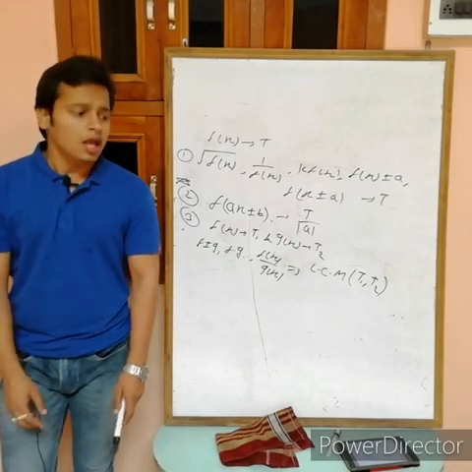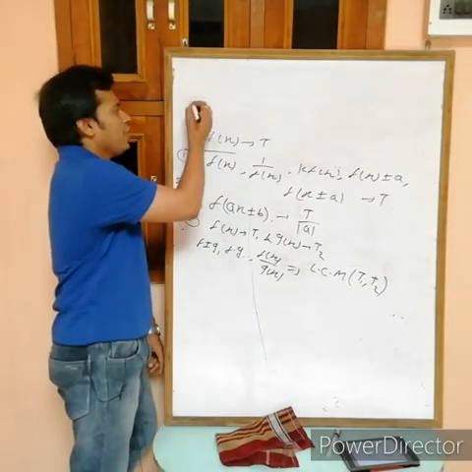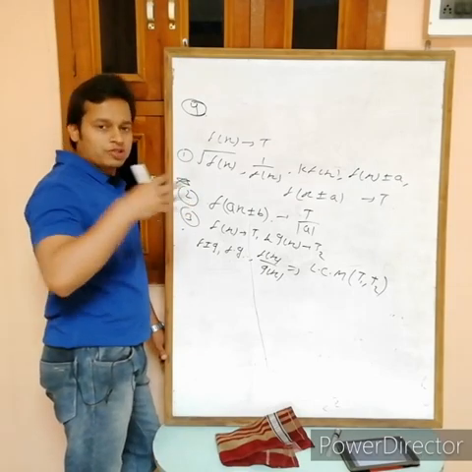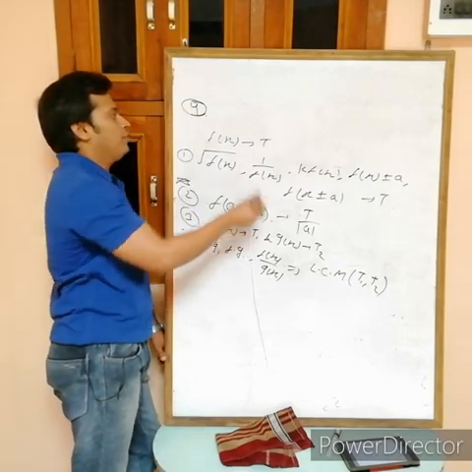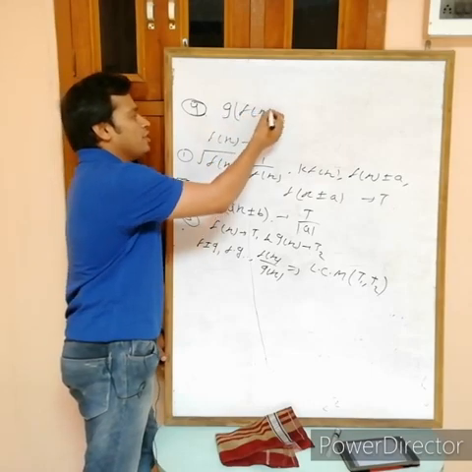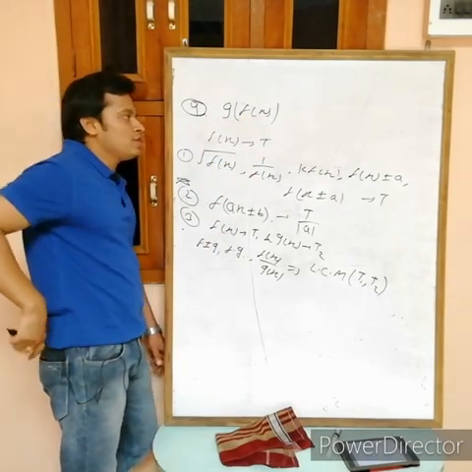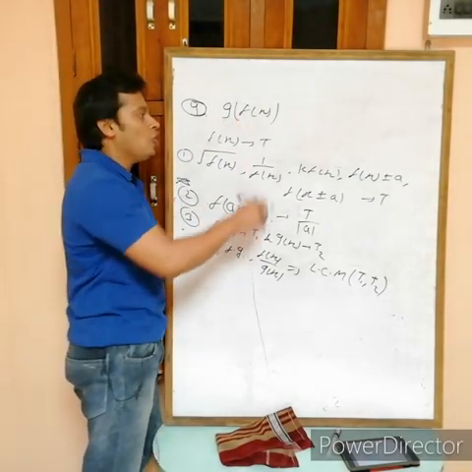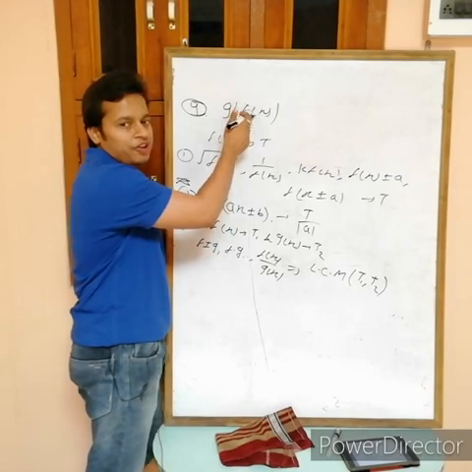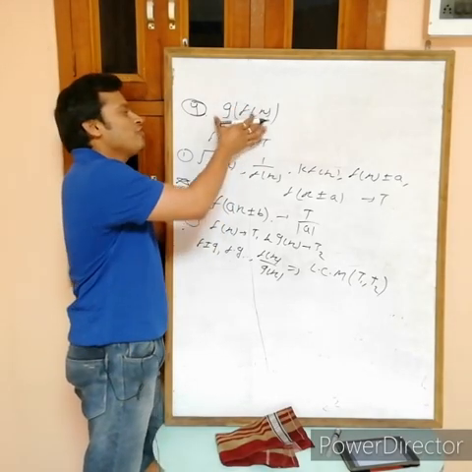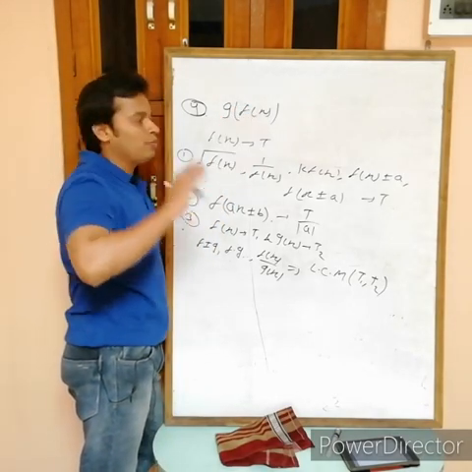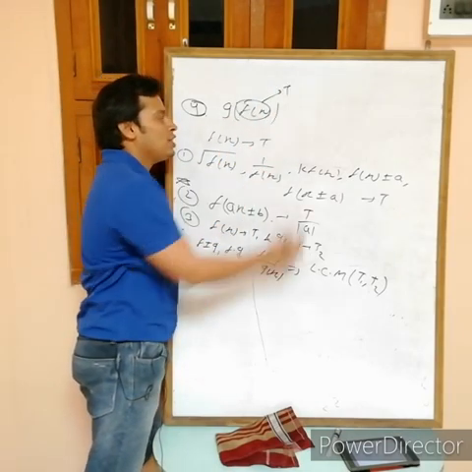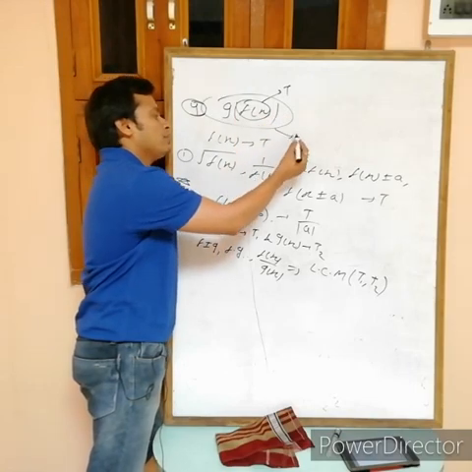Okay, and the fourth one is actually the fifth one; the fourth one, it means the third one, is for constant functions. I am not taking this one. Fourth one: if a composite function f of g(x) or g of f(x) is defined for all x belonging to the domain of f, it means the inside function, and f(x) has a period T, then this function also has a period T.